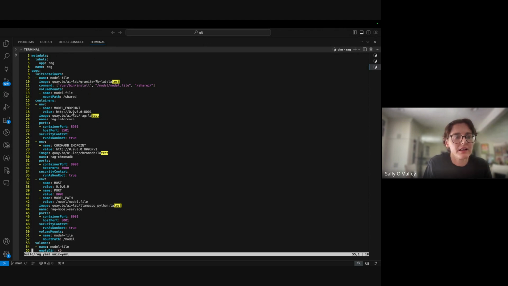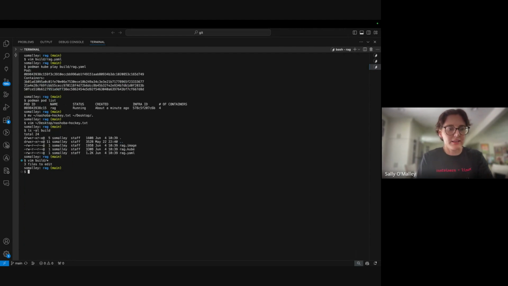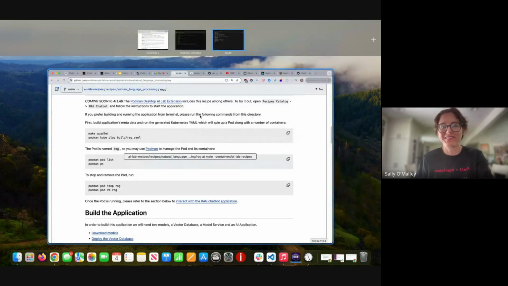And then here's the model server container. The vector database, which goes along with the RAG app, which is retrieval augmented generation, which means you give it some info on top of what is in the model, so that it has some additional info, and the front end. So that's all. This is the pod. Okay. And what I did was Podman kubeplay the RAG YAML. I didn't have to use the image or the systemd. It's just that, and it's running. So that's what I want to show you, and then we'll see if everything else is working.